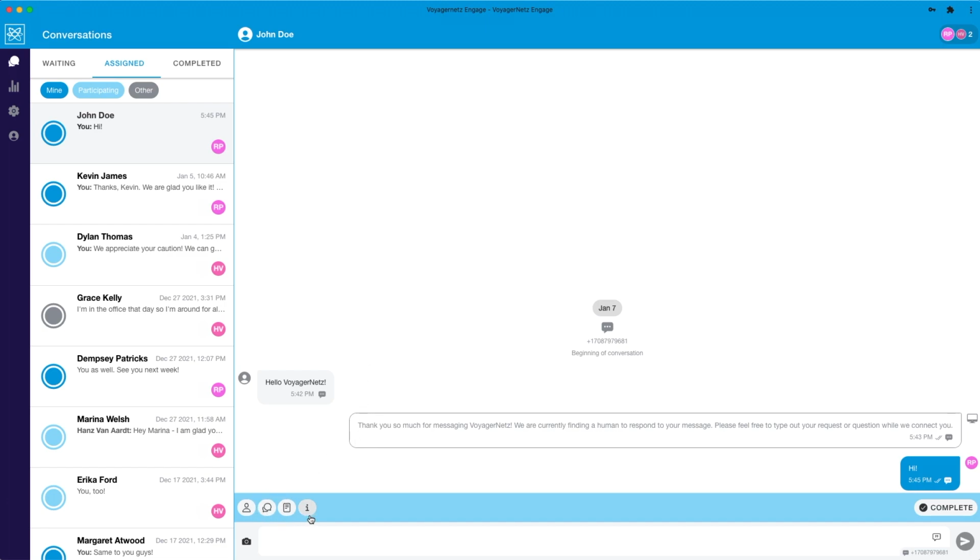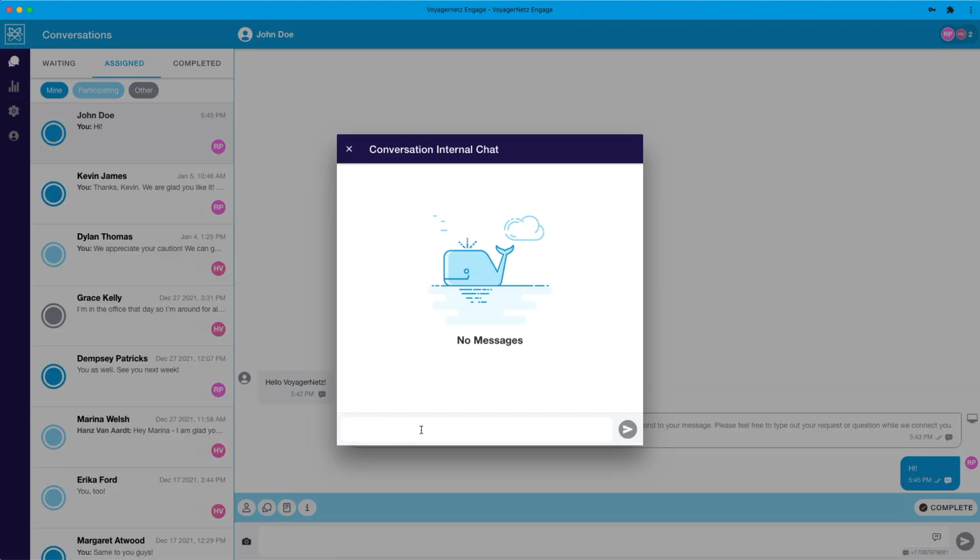The next 3 buttons are conversation specific. So these are all going to live inside the conversation. So when John Doe texts in a new time, these will all be refreshed. The first one is internal chat. Now this is a place where participants on the conversation can discuss this specific conversation without the customer seeing, and